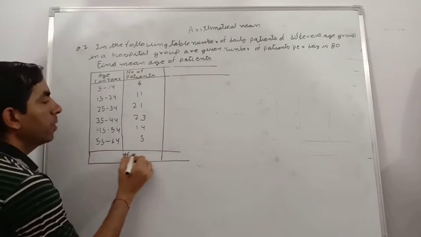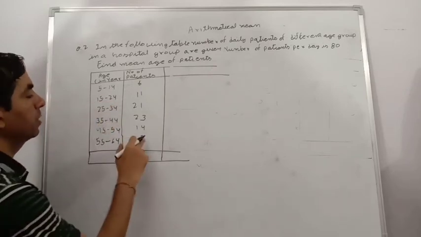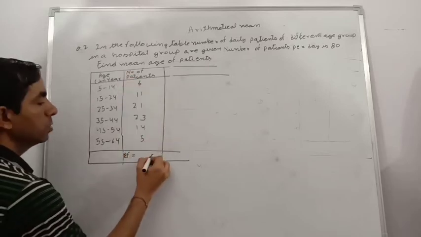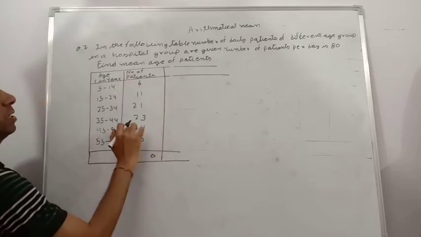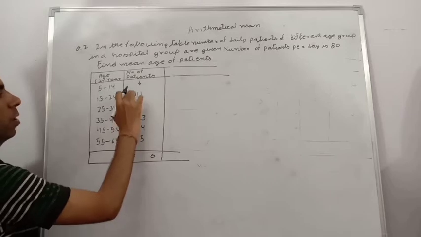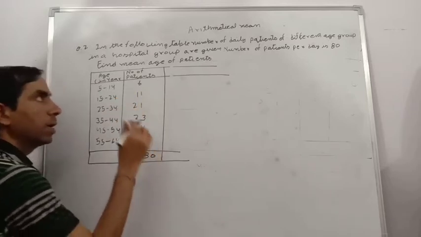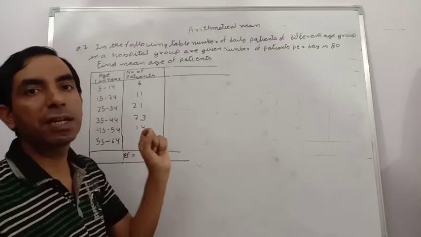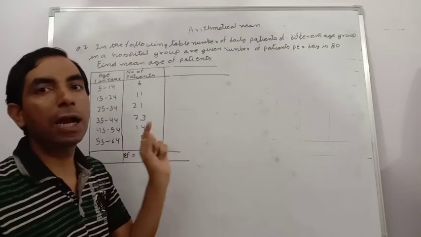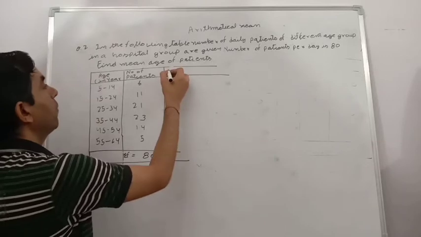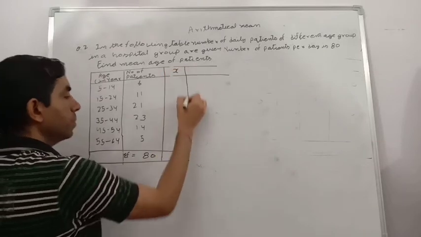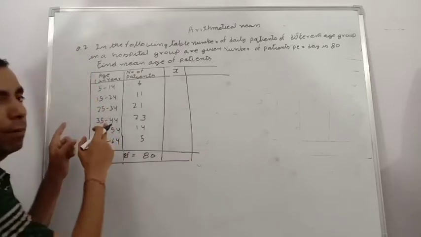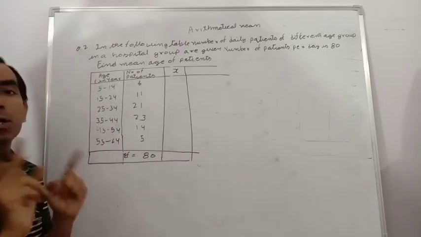Summation f, add the sum of frequencies 5, 4, 9, 9, 3, 12, 13, 14, 6, 20, 0, 2, remaining 2, 1, 3, 3, 4, 7, 1, 8, means 80. It also matches the total number of patients. If sometimes it does not match, then check the addition. Next, we find the x, by adding the interval and dividing by 2.